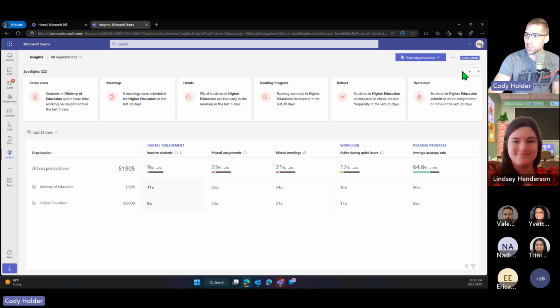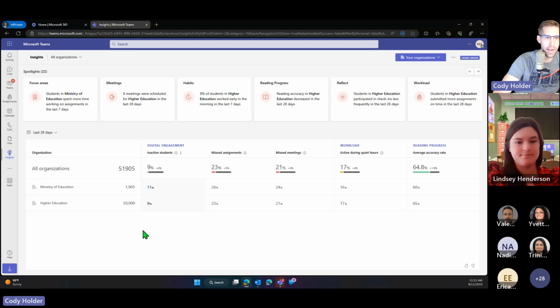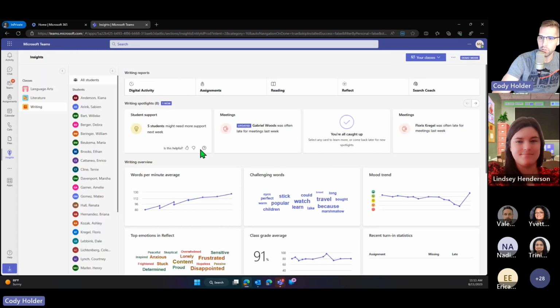Good question. So this is that 1,000-foot view. So think of this like a tunnel. We're going to start granular. It's just going to go wider as much for all the data that we're looking for. So this is really good for admin leadership to understand what's going on at a district level. And then you can actually filter through different parts of the organization as well. So I'm going to go back to my classes and you'll notice that I can filter through each one of those as well. Okay.